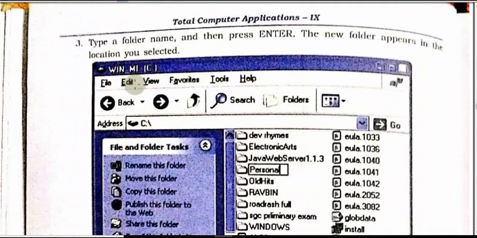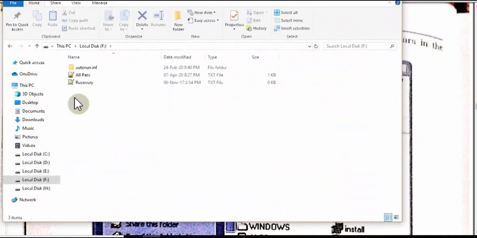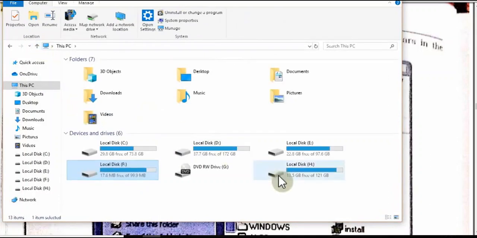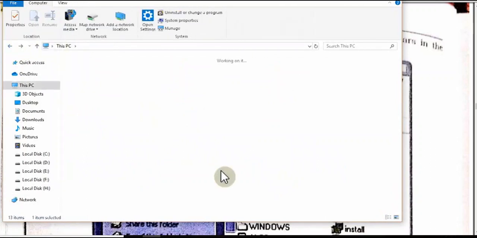So let me go to this one of the folder, and system is responding. Let me go to this place, and you can see I am in one of the drives. This is actually My Computer drive.